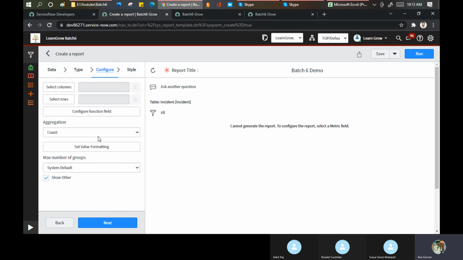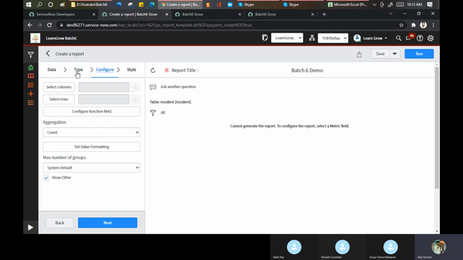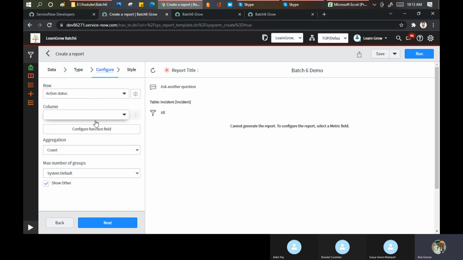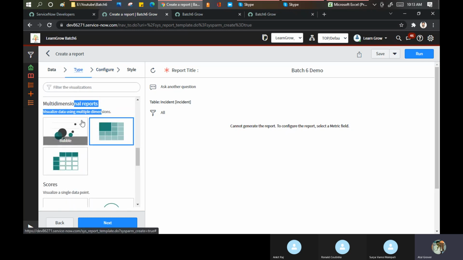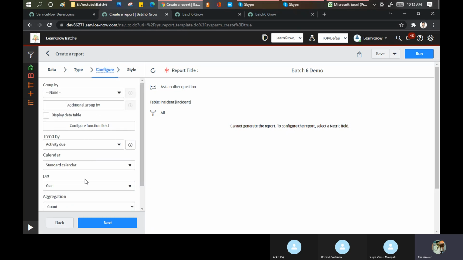ठीक है ना? On the basis of your internet connection, the speed will vary. Same thing will be applied here. Now if you see, I just click on this and I can see three options. If I click on this heat map, my configuration will be changed now. I click on this area, my configuration will be changed.